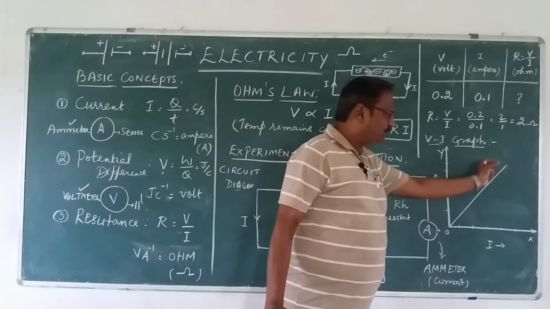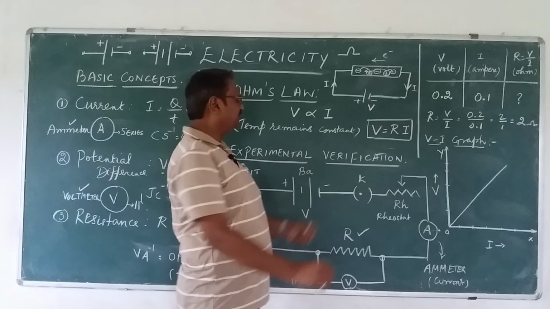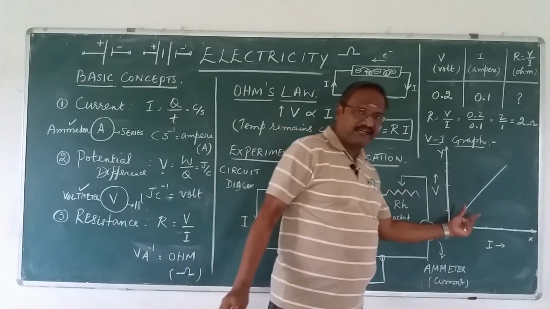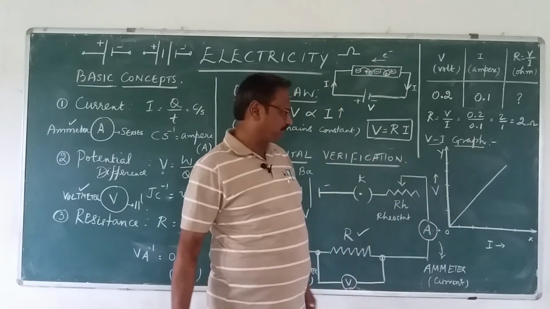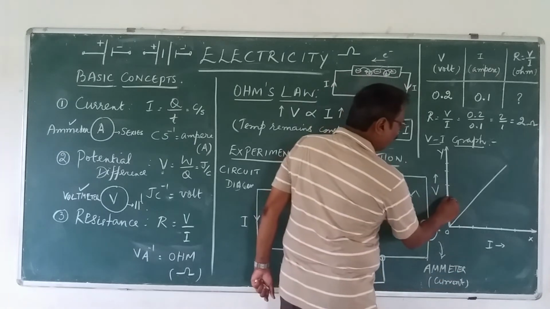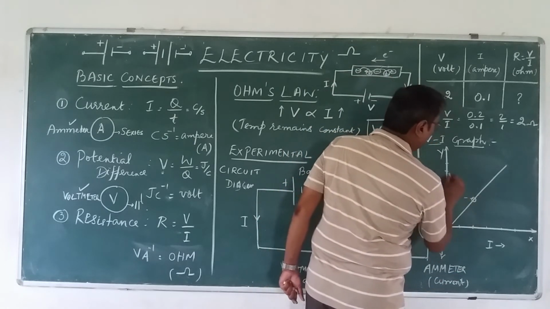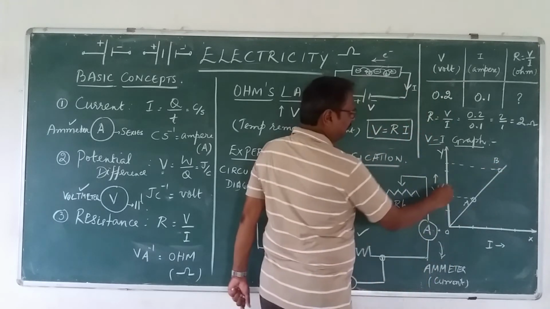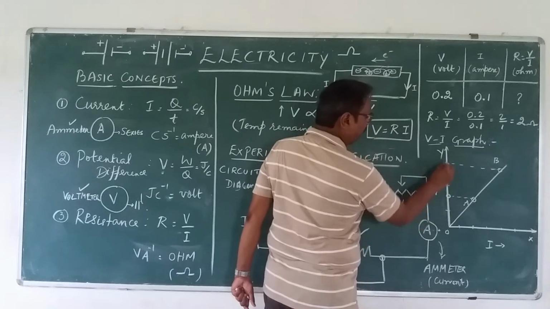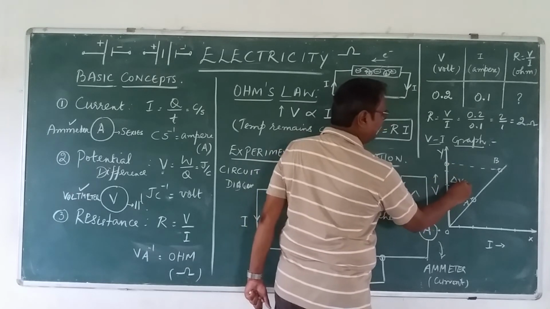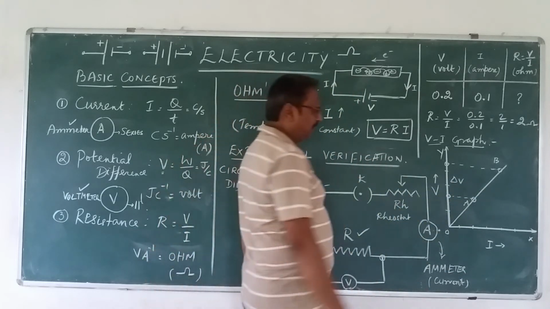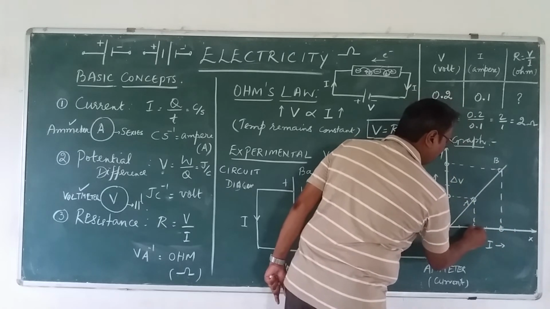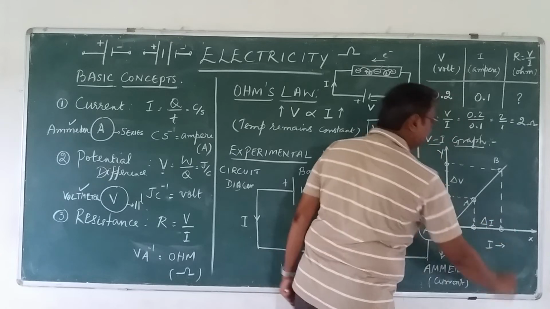Now, what is the use? Because as the voltage increases, the current is increasing. That is a direct proportionality. Fine. Now, we can use this graph also to find the resistance. How? Choose any 2 points, right? Point A and point B. There is a difference in the potential, V1 and V2. So the change in potential is delta V. Delta stands for change. And what are the related current values? Let us note the current values. These are the two current values. This is delta I, the change in the current.